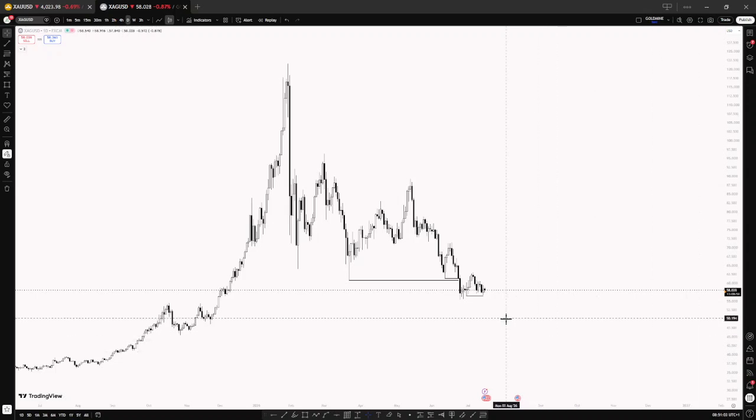Today is Wednesday, and it's been a pretty good week on gold. I took my first position on silver yesterday. I've just been following the narratives. I just want to show you guys what has happened and what I'll be expecting on silver today and for the rest of the week.